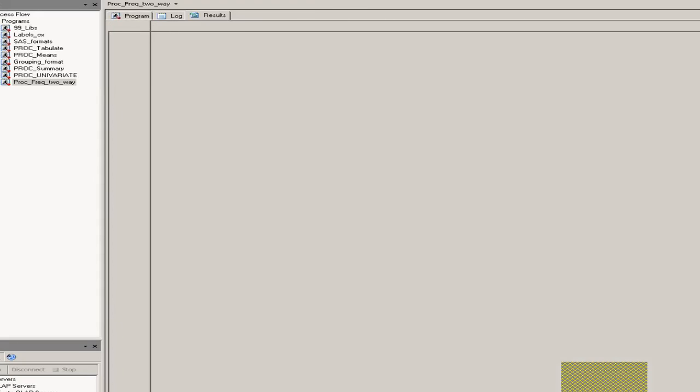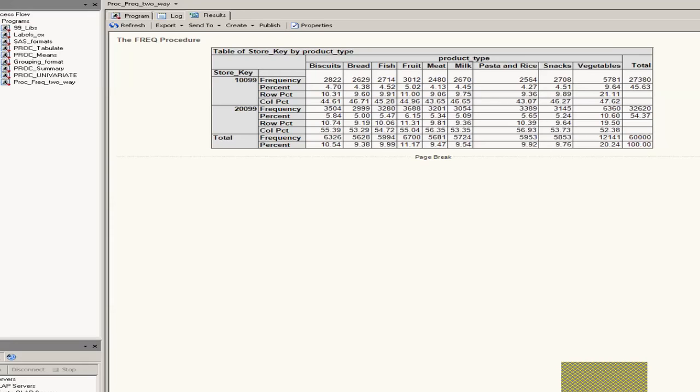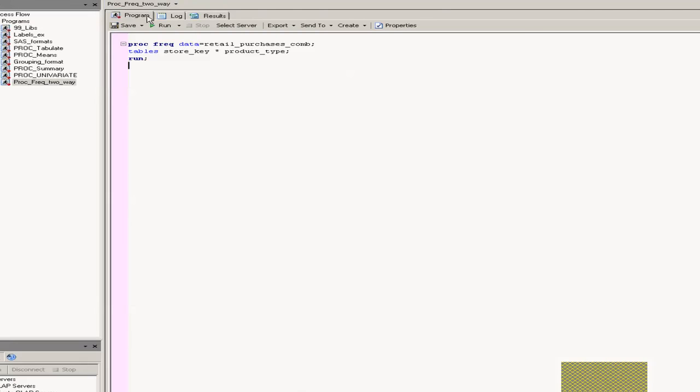So if I run this, there you go, I get basically the table of store key by product type, and it's really telling me the frequencies, the percent, the row percentages, and the column percentages. So really churning out lots of output, which I can then take for further analyses. Okay,